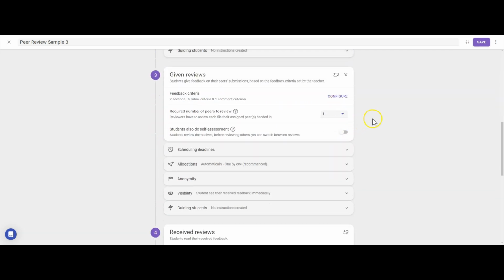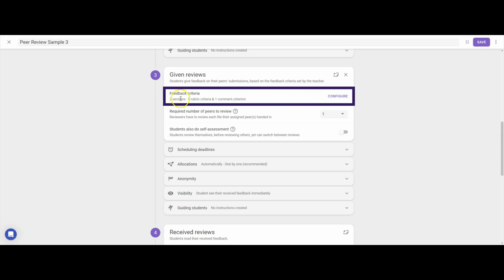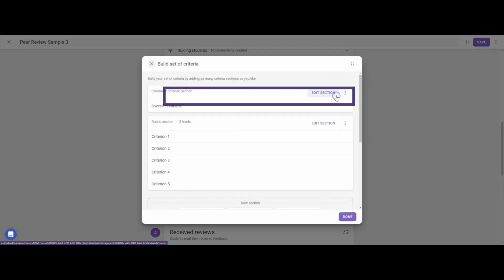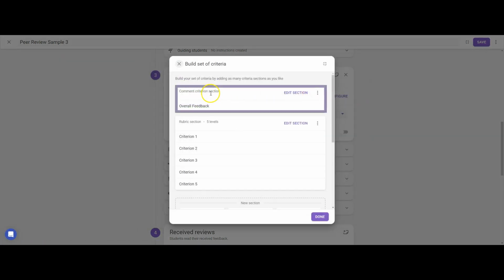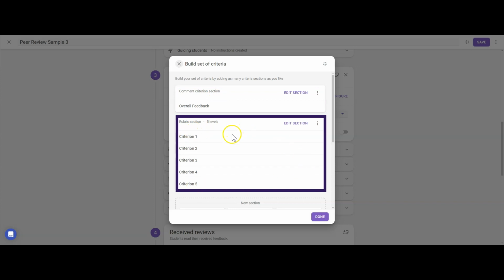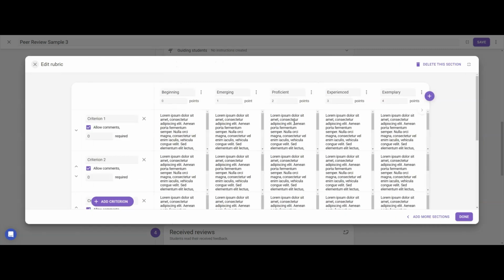Section 3 is where we're going to look at our criteria from our rubrics, and you can see I have 2 sections in my criteria. Open that up, and you can see I have one section here that is just text-based comments, and then I have one where I've actually created a rubric. But I want to see if this is the right one, so I'm going to say edit this section,